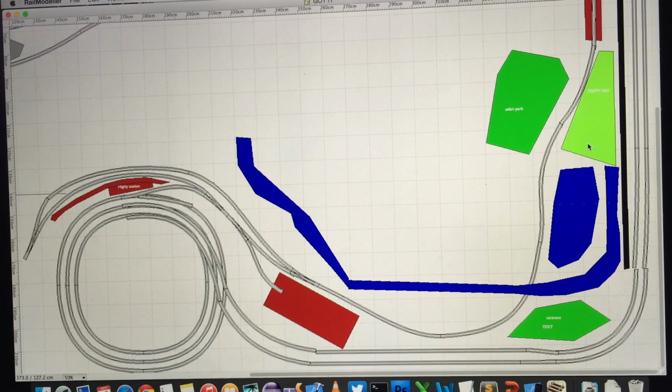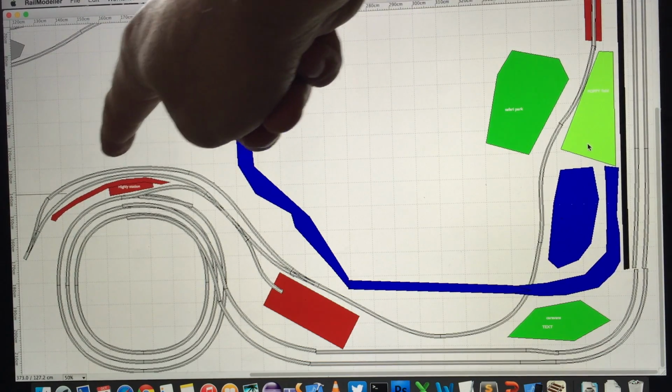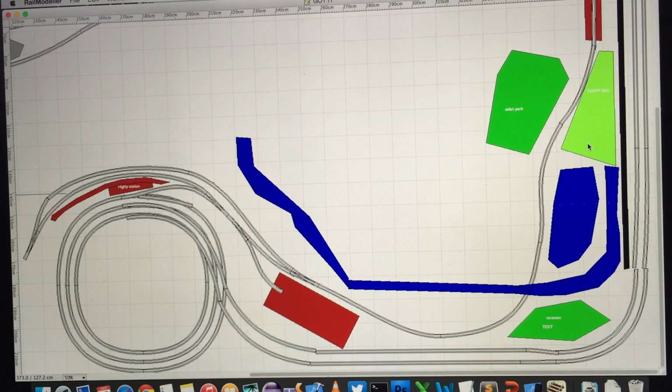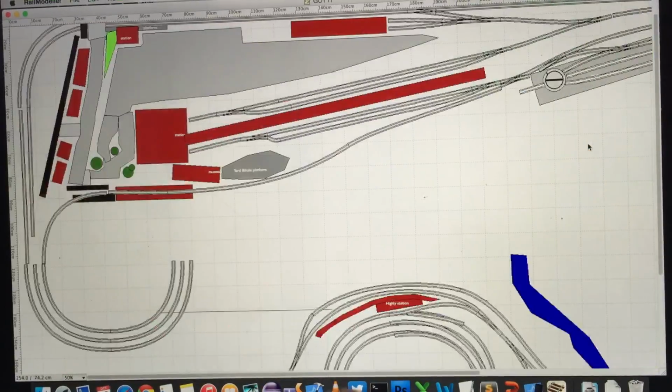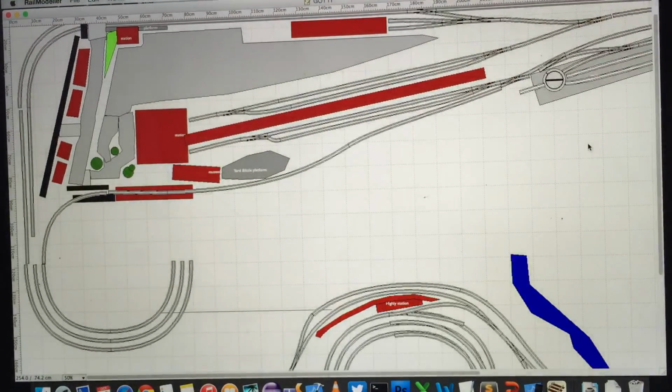So lots of challenges there, lots of things to model. I think what I've done is Highley station's actually on this side, but it doesn't really make sense to be looking at the back of the station. It seemed a bit daft, so I've just cheated and swapped over the station to the other side of the tracks because it will look a lot better on the model. So yeah, that was going to go around and join this Helix back down, across, back up here, and then